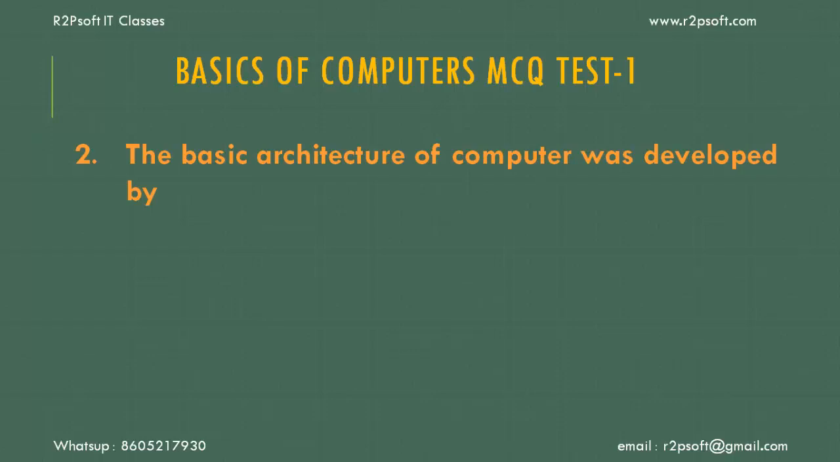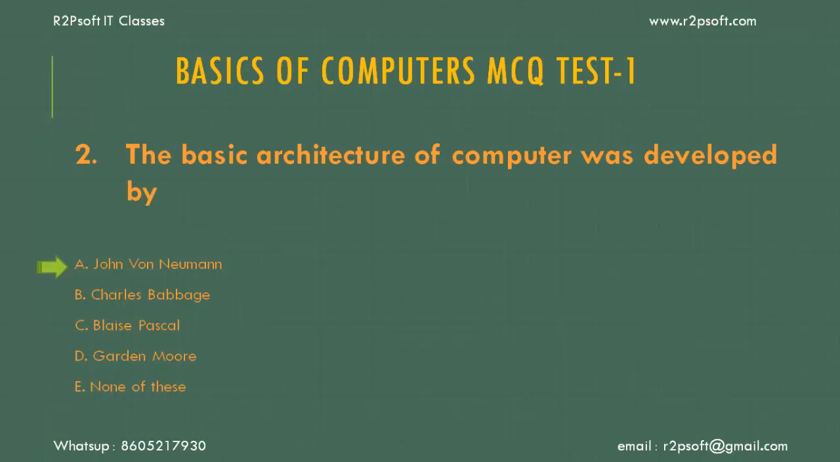Second, the basic architecture of computer was developed by: A. John von Neumann, B. Charles Babbage, C. Blaise Pascal, D. Gordon Murray, E. None of these. Answer is